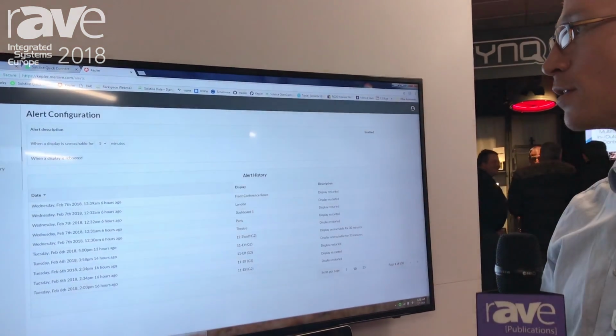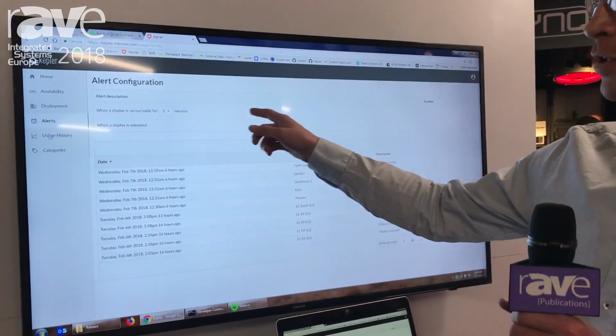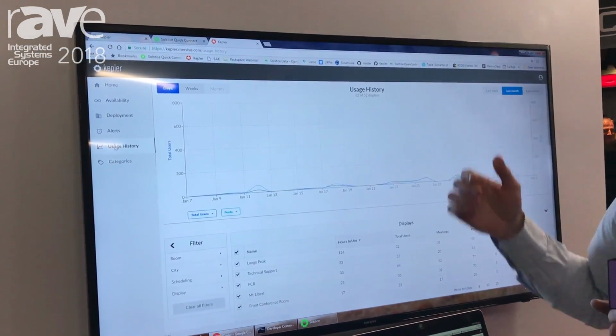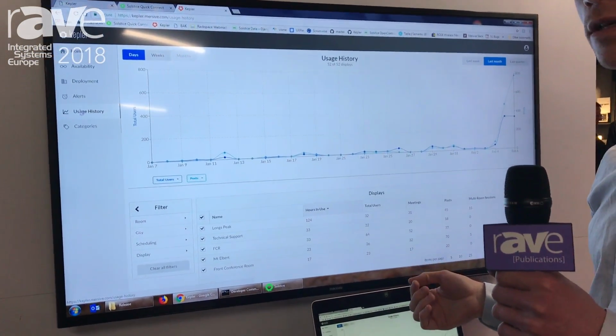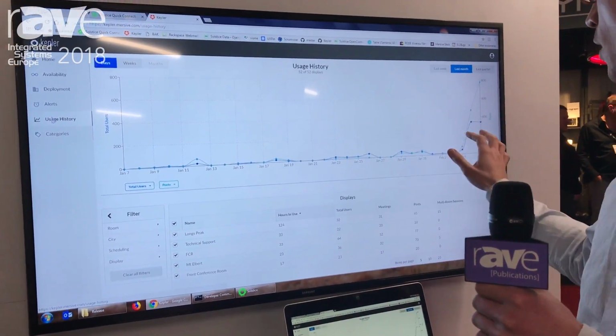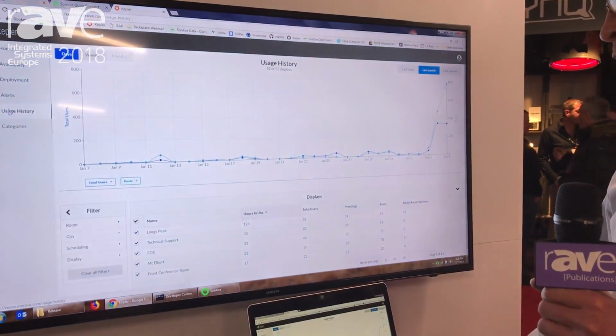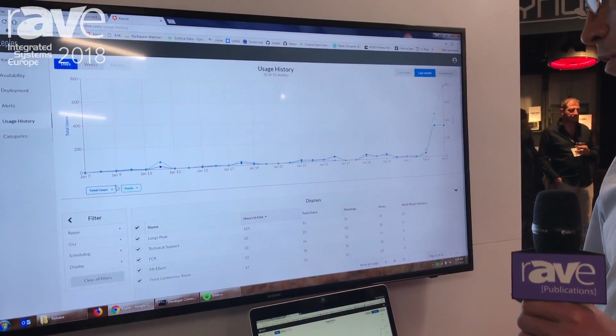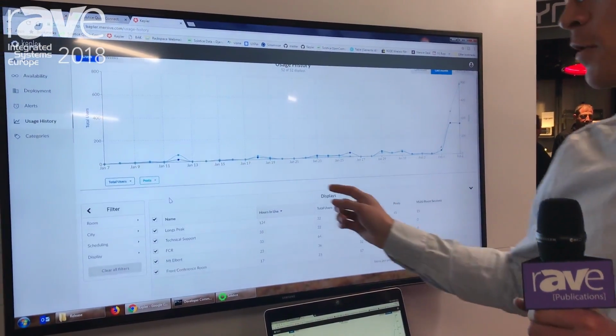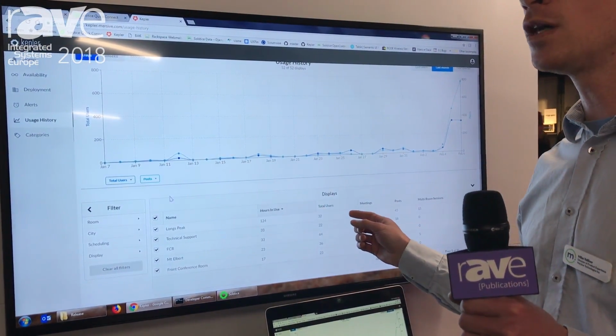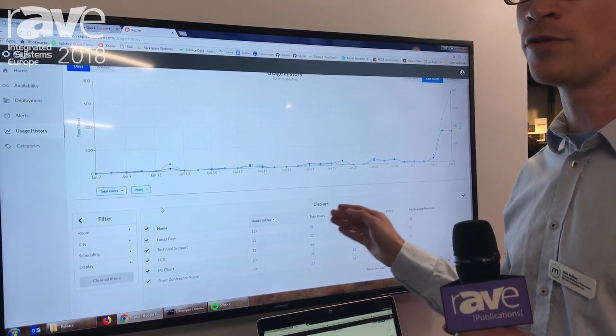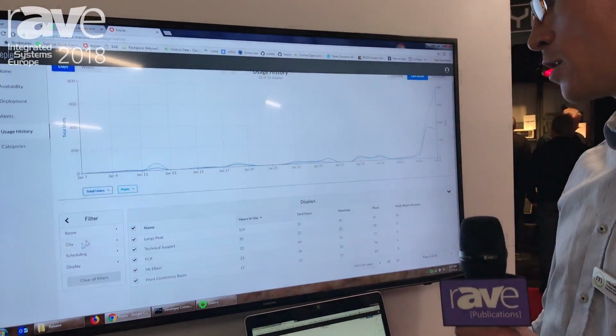We can look at a basic graph here. Like I mentioned, you can configure alerts to be notified whenever anything that's important to you happens, but you can also break down usage. So this is interesting because this is one example of a usage graph, but I want to show some of the ways that we can